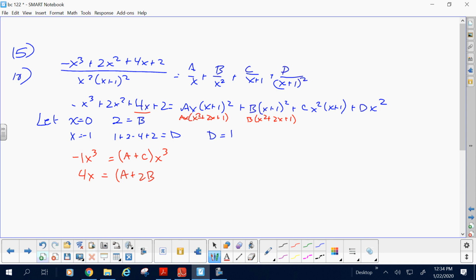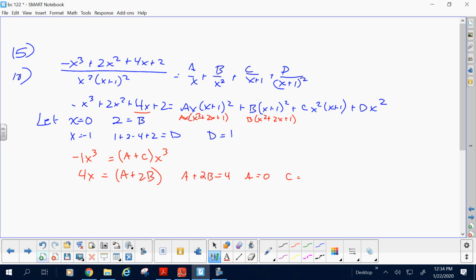It has x cubes and x squares. And D does not have any normal x's. So that's cool, good call. A plus 2B equals 4. Assuming B is 2, then A must be 0, which implies then that C must be